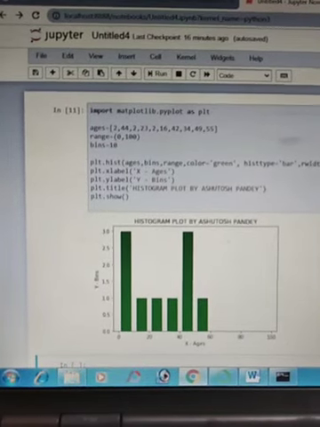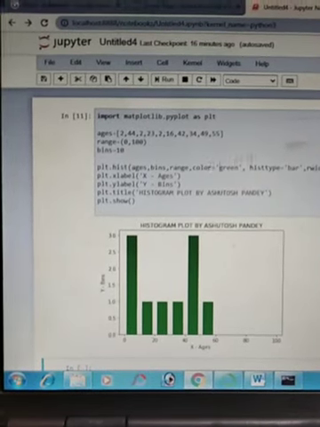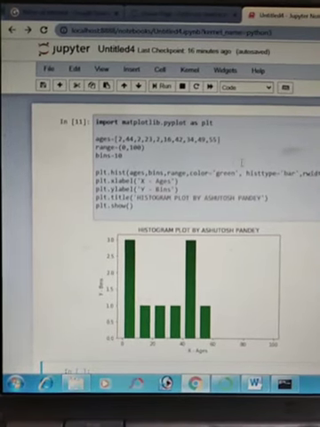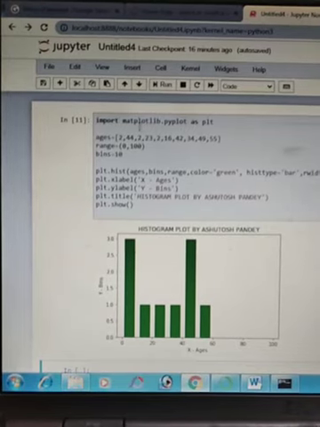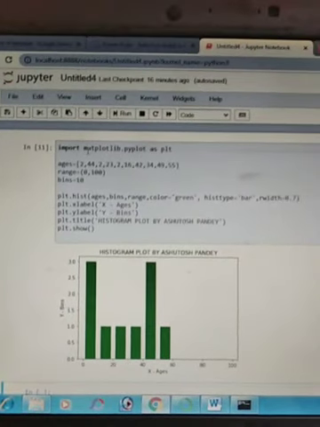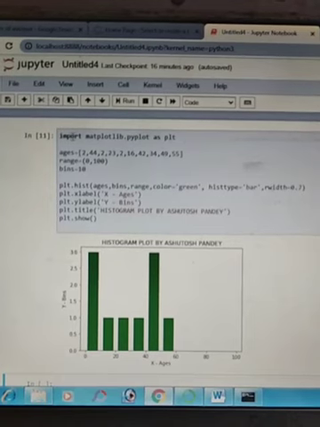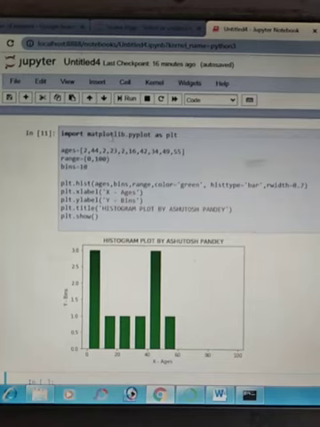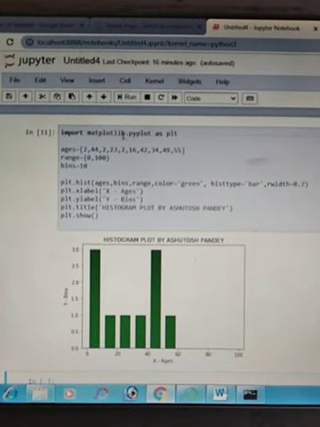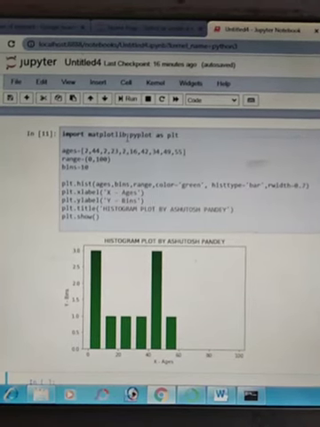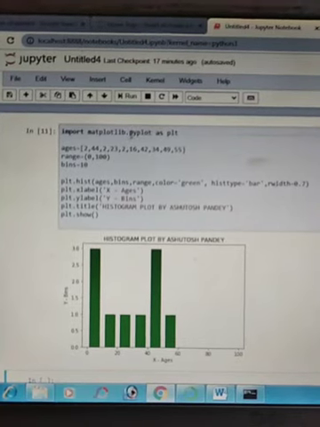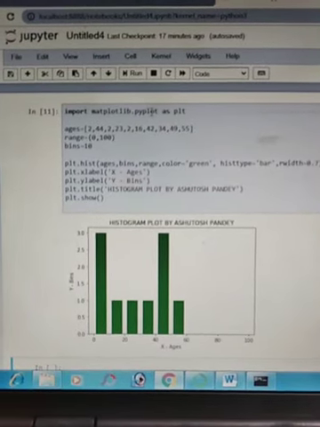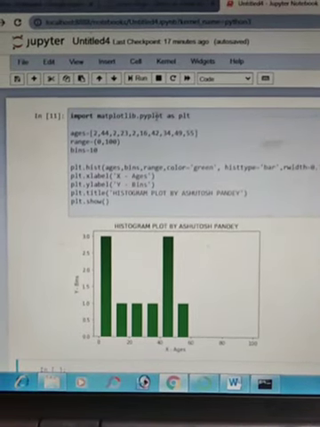This is our Jupyter Notebook. See here, this is our code section, called a cell in Jupyter Notebook. One by one we try to understand what this is. First line is import matplotlib. This is our library which was installed by command prompt. .pyplot, this is a class. We know that Python is also an object oriented programming language.